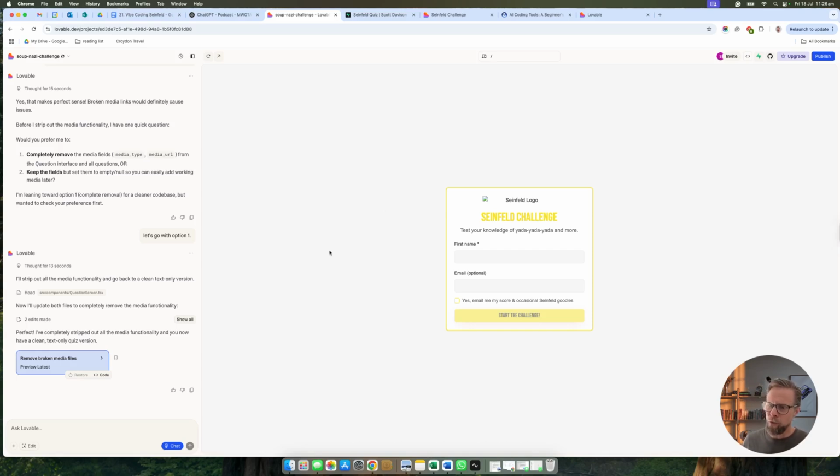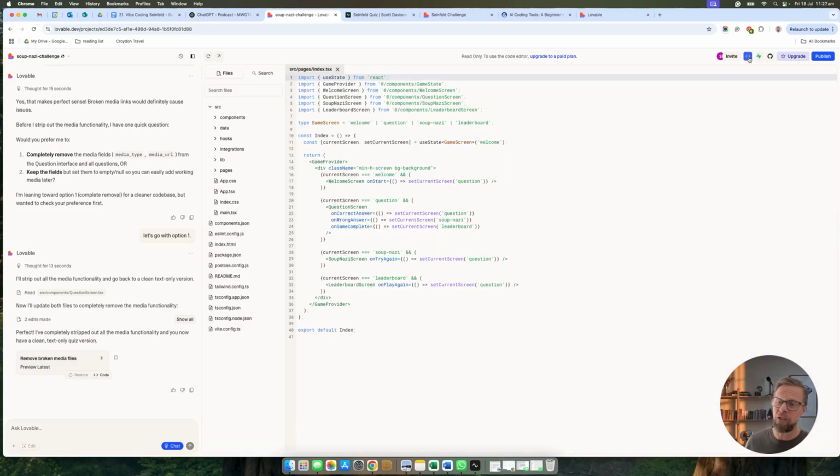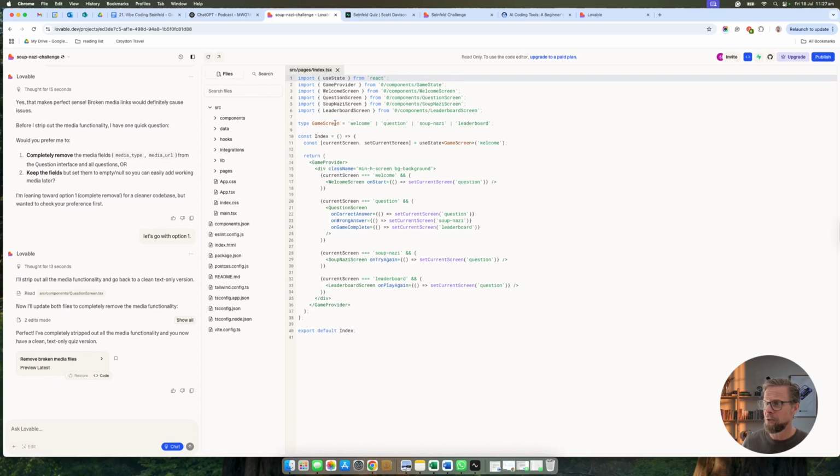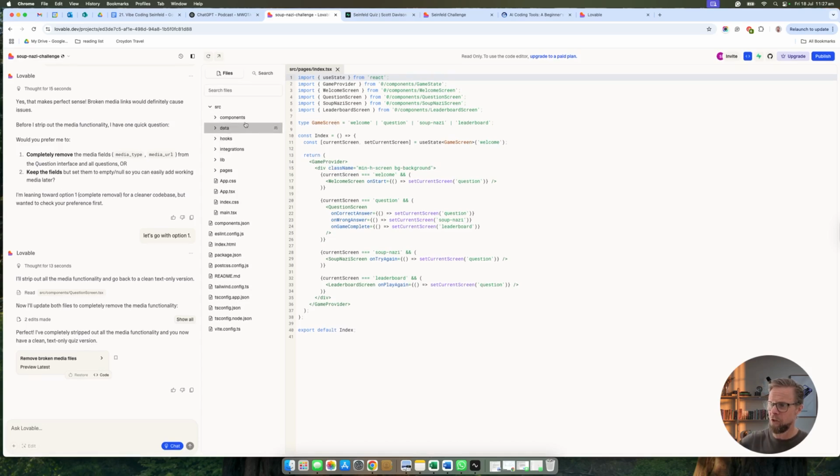So this is how Lovable works. You've got your chat window on the left where you can be chatting and conversing, asking questions and making changes on the fly. You can also click up here if you want to actually go in and see what it's creating. You can see here, this is why it's so impressive. It's not just writing the code, it's creating all the sub-files, all the directories that would normally go into that software. And if you're technically inclined, you can actually go in and edit that code directly yourself.